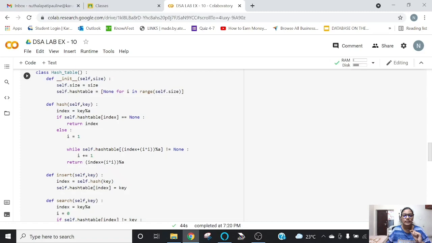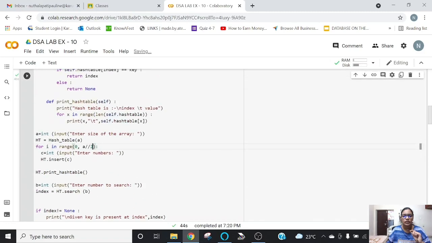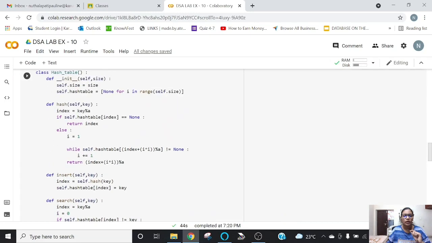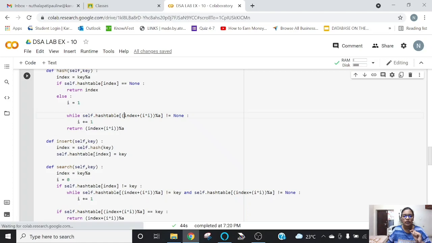So this one is using linear probing, and now we are going to see quadratic probing. The quadratic probing is nothing different. It is almost the same as linear probing, but here the formula that we are going to use is changed.